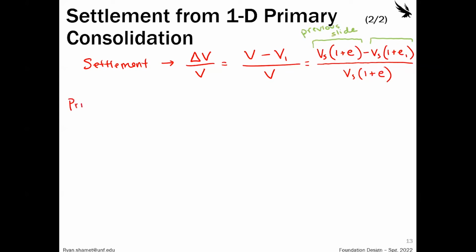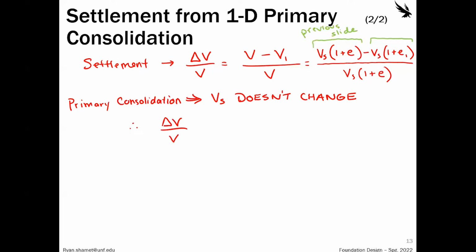As I said before, in primary consolidation the Vs doesn't change. So since our Vs doesn't change and we have Vs, Vs, and Vs in the equation for our settlement, then of course we can just cancel all of those out. So what we see then is our change in volume normalized by our original volume